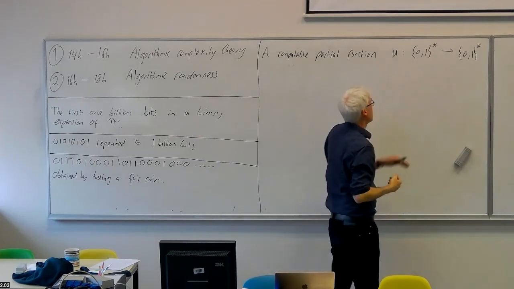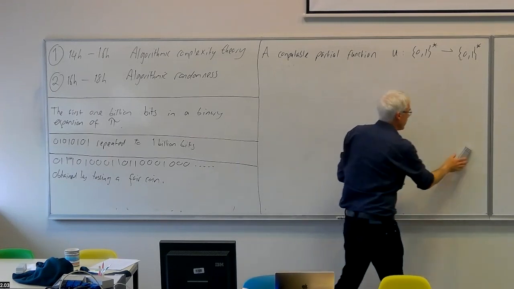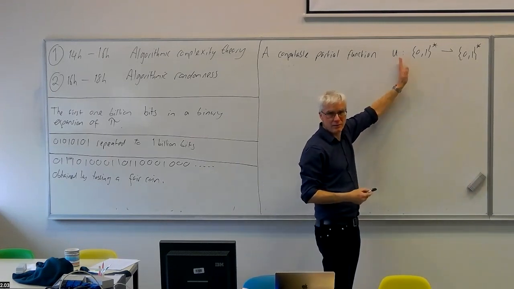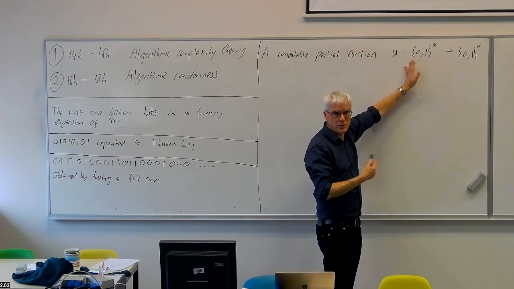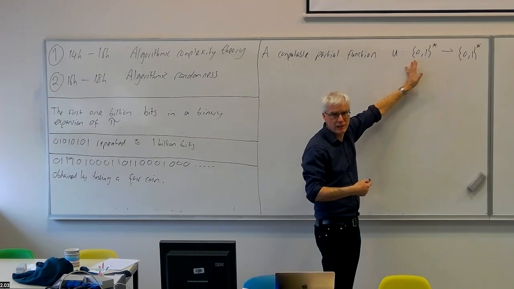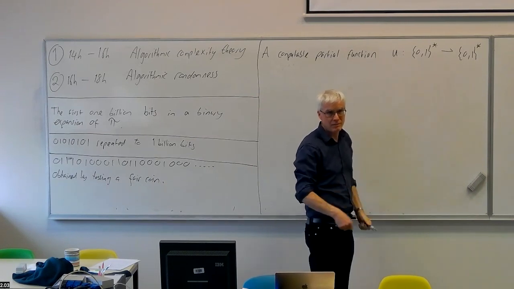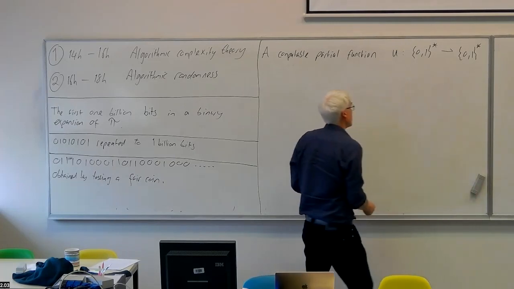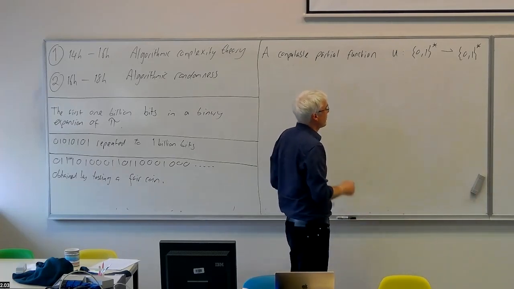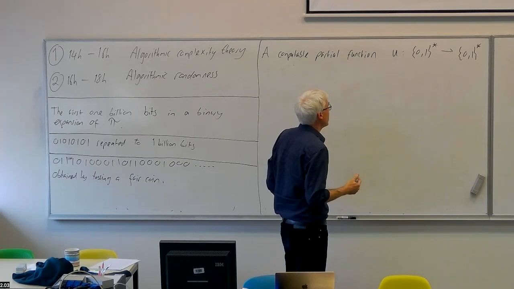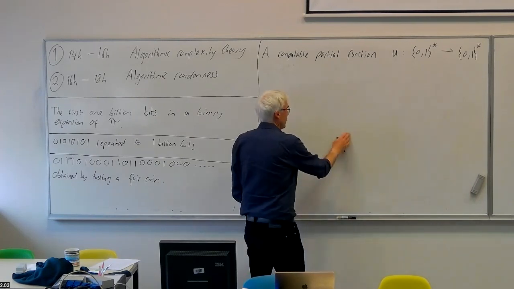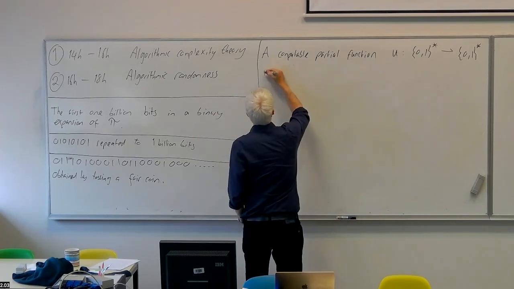But fixing the binary alphabet turns out to be a useful thing to do. And it's no loss of generality because, as I remarked in the early lectures, all Turing machines on finite alphabets can be reduced to Turing machines on the binary alphabet simply by coding the finite alphabet up using the binary alphabet. A character in the finite alphabet becomes a word in the binary alphabet. Anyway, so a computable partial function on words is universal